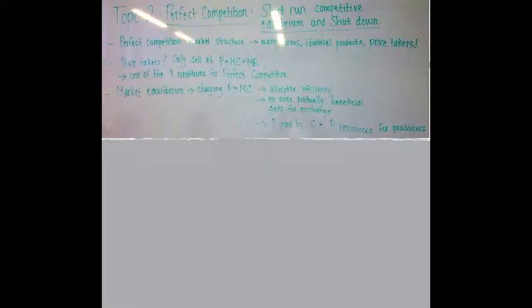Price taking is one of the four conditions for perfect competition, and we will see that this will more or less be efficient for both parties, the consumers and the producers. By these firms producing at a market price, they are producing at the market equilibrium price, which means that there is an allocative efficiency, which can be understood as there being no more mutually beneficial gains from exchange because all of them have been exhausted through charging a price which is equal to their marginal cost.